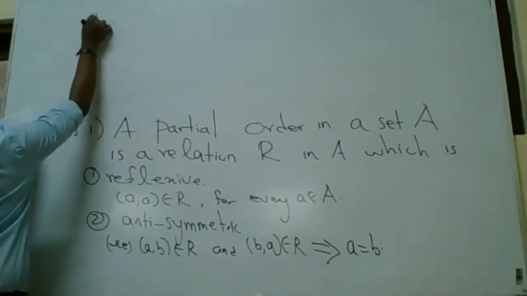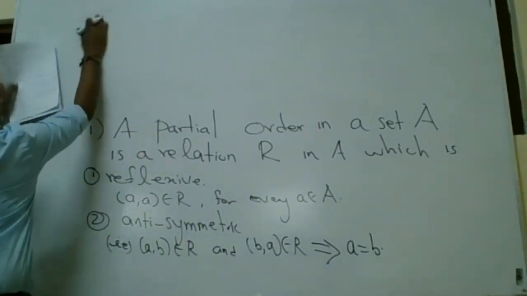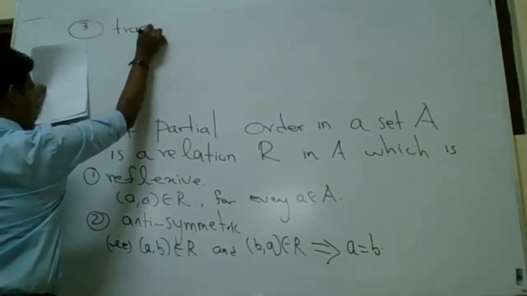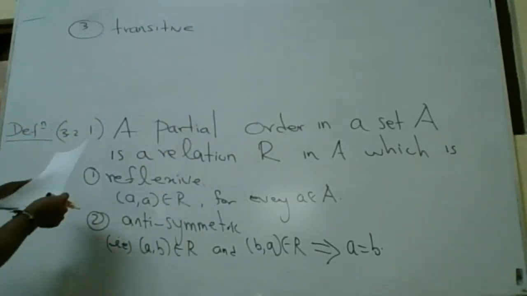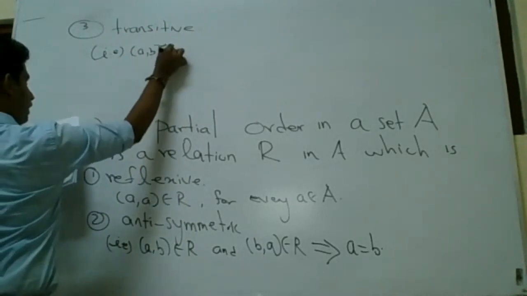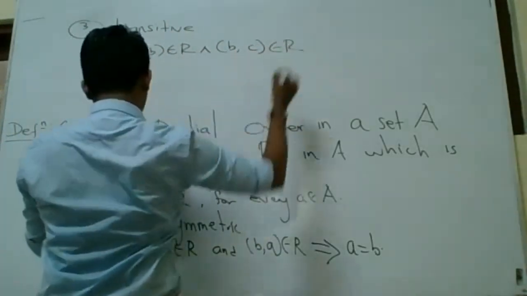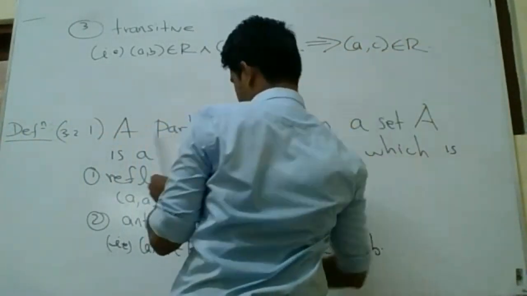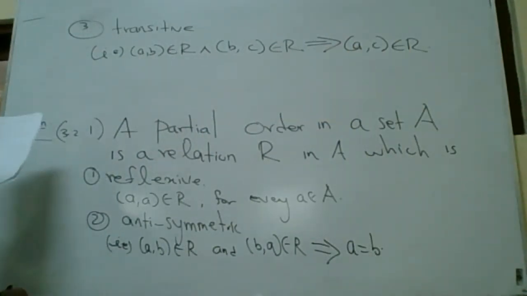The third one is transitive. Transitive means (a, b) belongs to R and (b, c) belongs to R implies (a, c) belongs to R. Okay. Now, furthermore,